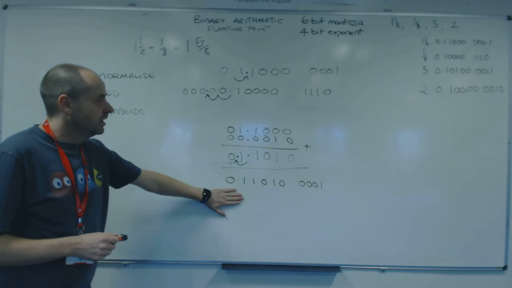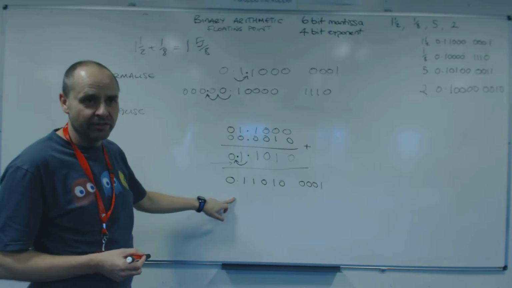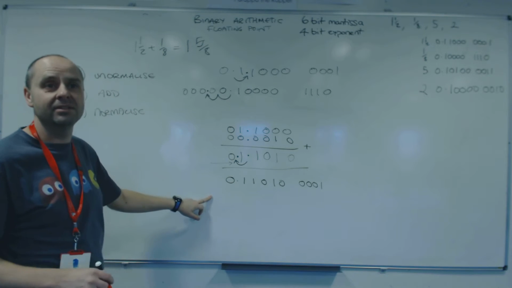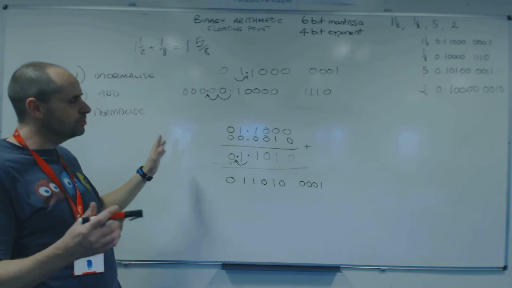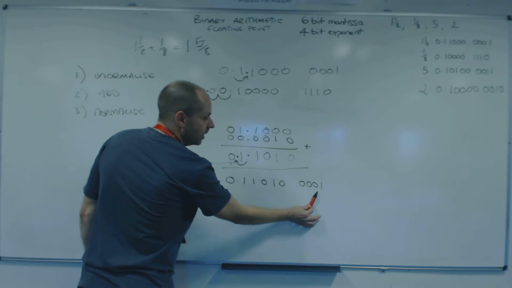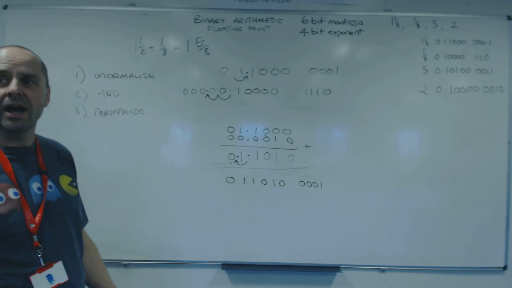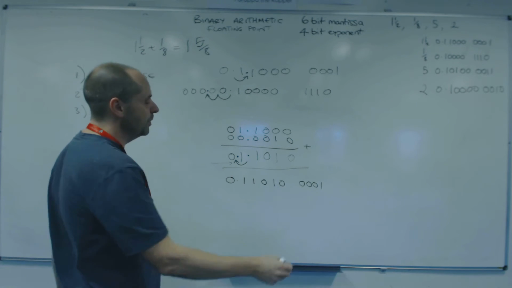Okay? Right. We said the answer should have been 1 5/8. So let's just work on this and now convert it back to decimal, just to prove it to ourselves. So I've got a floating point number. If I want to convert it to decimal, I start with the exponent. So the exponent is